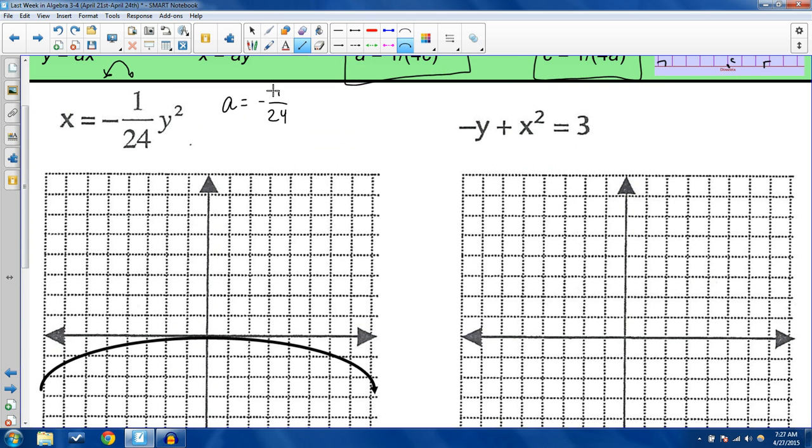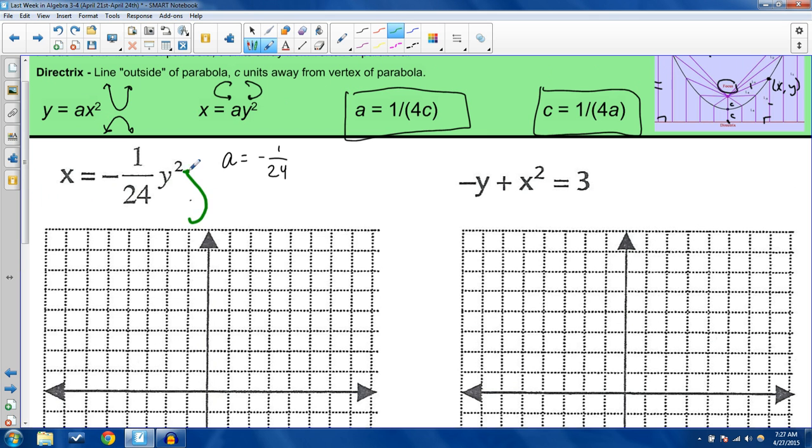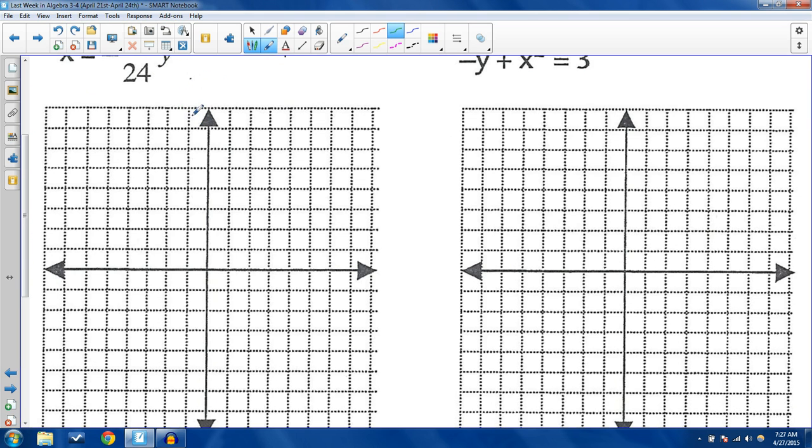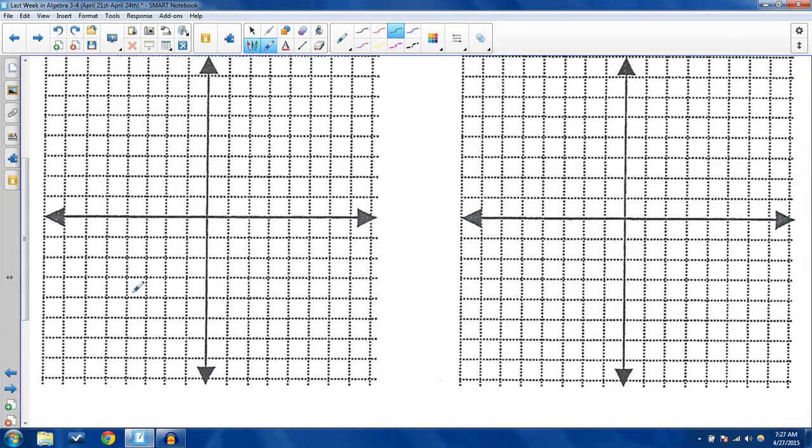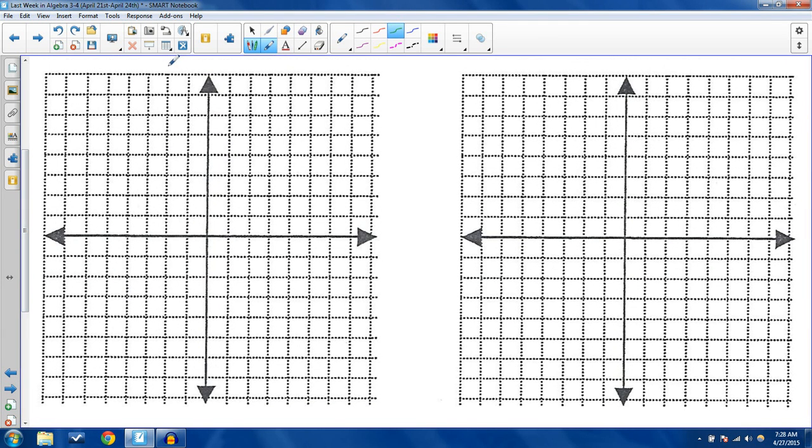There's no shift. And it is going, oh, it's not going that way. Maybe I can't make it sideways then. Okay, I'll go ahead and just do my own. So x equals means our graph should be going that way. Negative 1 over 24 means a very shallow looking graph. Alright, so maybe it looks like that, and that's negative 1 over 24 y squared, and it does cross at